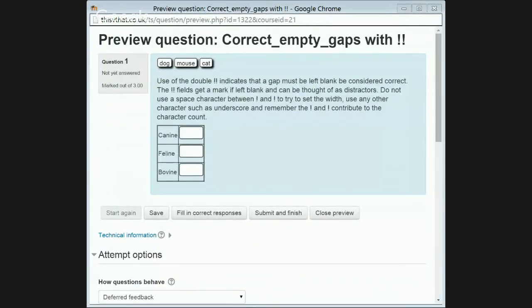Okay. So I'm going to take cat. Hang on a minute, I'm clicking on the wrong thing over here. All right, I got it. I'm going to drag cat into feline, dog into canine, and at that point we haven't got a bovine, and presuming the instructions say only use the clues, in order to get all marks correct,